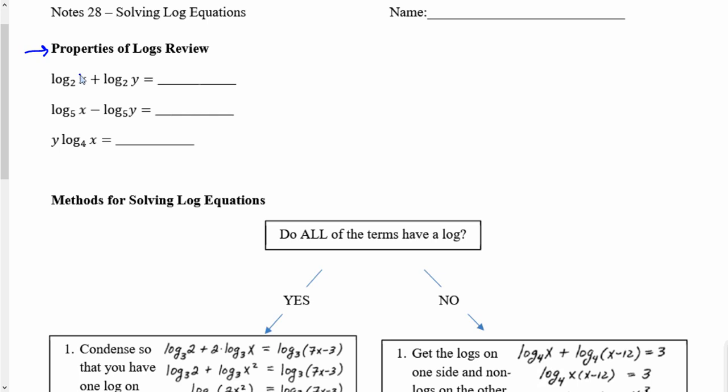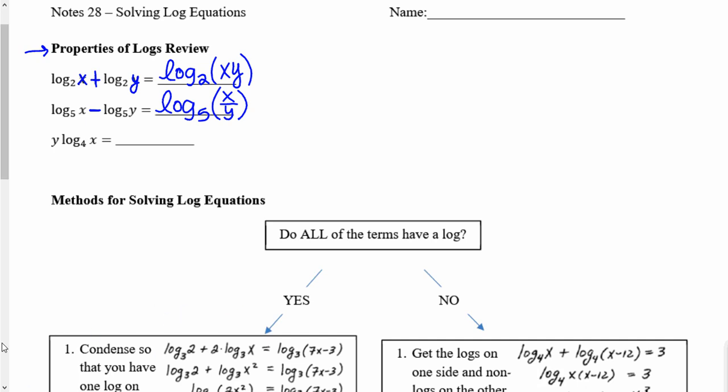So if I have two logs that have been added together, the rules for exponents say when you multiply two things, you add their exponents. So that means the log of the product of x and y, if I wanted to condense them together. Addition on the outside can be turned to multiplication on the inside. The opposite of that would be subtraction on the outside. So subtraction on the outside would convert to division on the inside because when I divide two things, I subtract